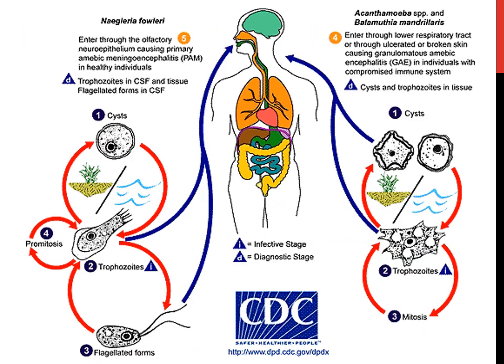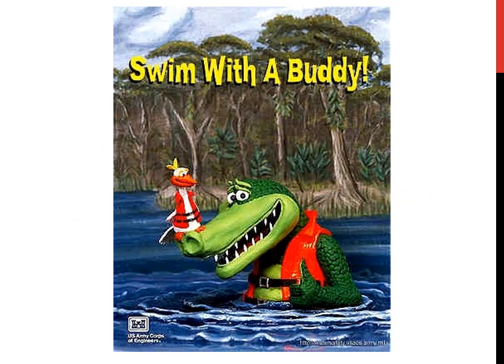Don't worry about it. Okay, here we have the life cycle of those free-living amoebae. The only thing to remember about them is that they occur usually in aquatic environments and in contaminated water, like water ponds in nature or neglected, contaminated swimming pools. So whenever you swim, you have got to know where you are swimming. You had better swim with a buddy.